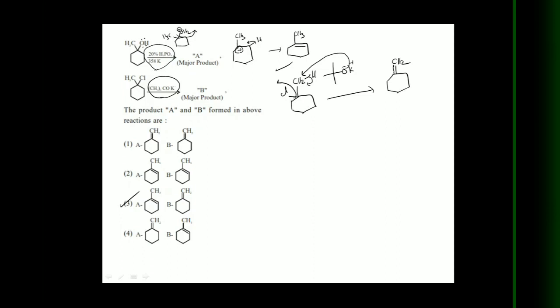That means here less substituted product, nothing but the alkene which has a smaller number of alpha hydrogens. Here 2 alpha hydrogens and here 2 alpha hydrogens. Suppose this one on heating with the alcoholic KOH. Okay, so here the Saytzeff product is major. Saytzeff product is major. So the product is this one. That's it.